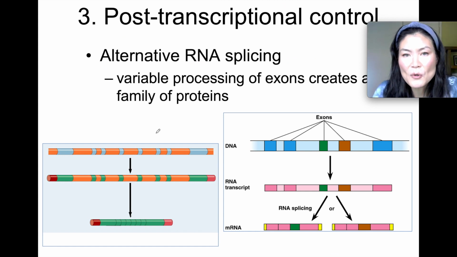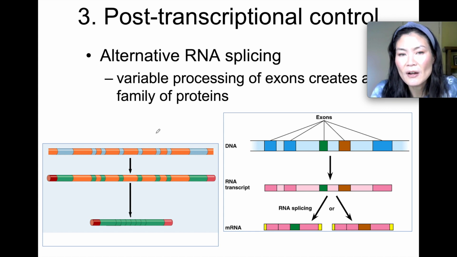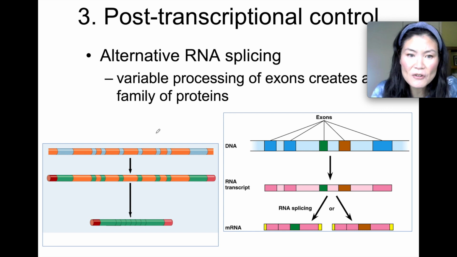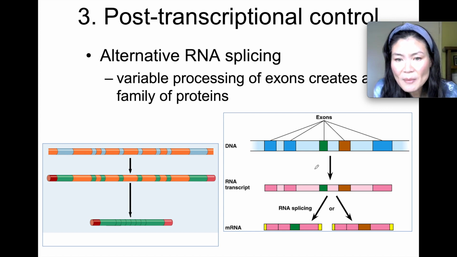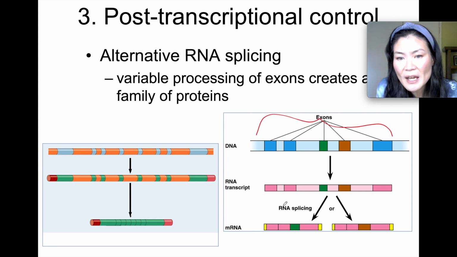Next, number 3 is post-transcriptional control. So, what protein is going to be made? Well, it depends on which exon is going to be considered an actual exon, which introns might be considered an exon, or what exons are going to be considered introns. Okay, so remember, we discussed this in the previous chapter. You can have one segment or one gene, but you can end up with multiple proteins.